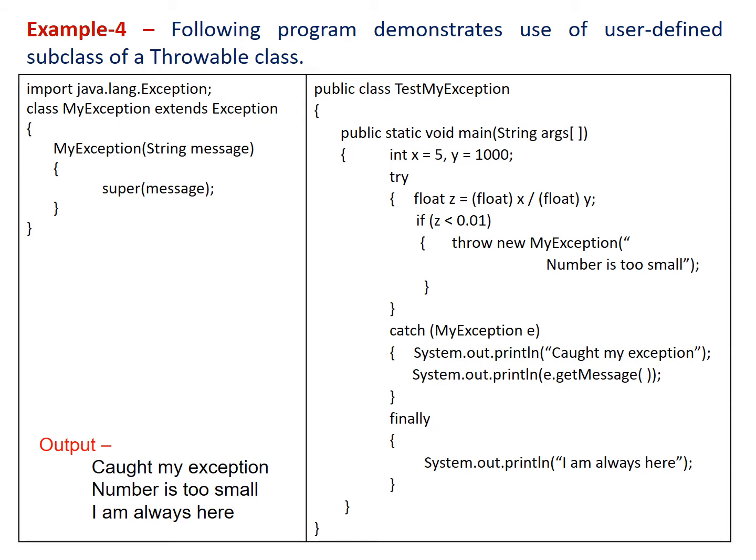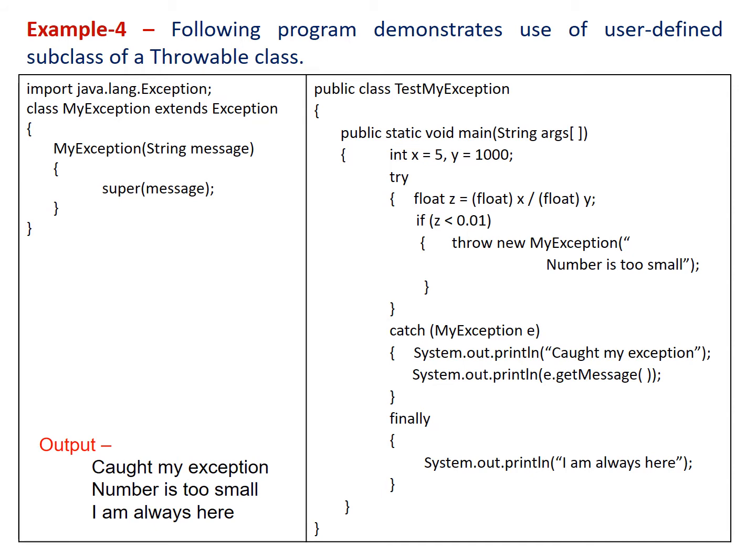And now in the if statement, since value of z is less than 0.01, it will execute the throw statement, that is throw new myException with the parameter "number is too small". And now since the exception object thrown by this throw statement matches with the exception type given in the catch block, it will execute the statement